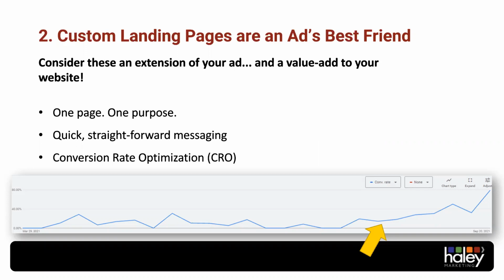But when they get to your landing page, you want to expand on what they just read, so explain in a very quick manner, because we only have a few seconds to maintain that attention and encourage them to do something. And that's where that conversion rate optimization comes into play. Again, taking the easy path to encourage them to take that action. And do they have quick access to those contact forms and phone numbers?